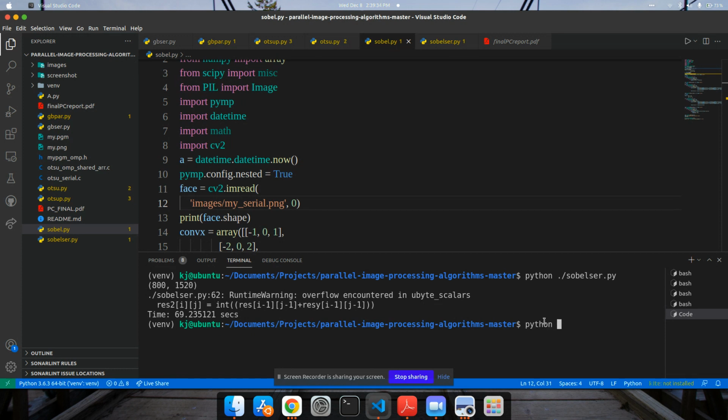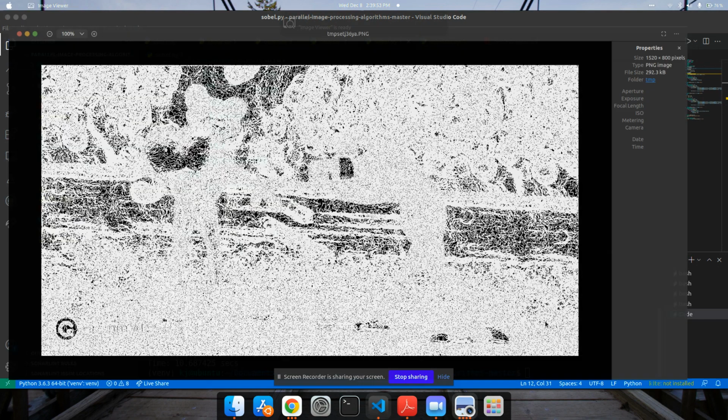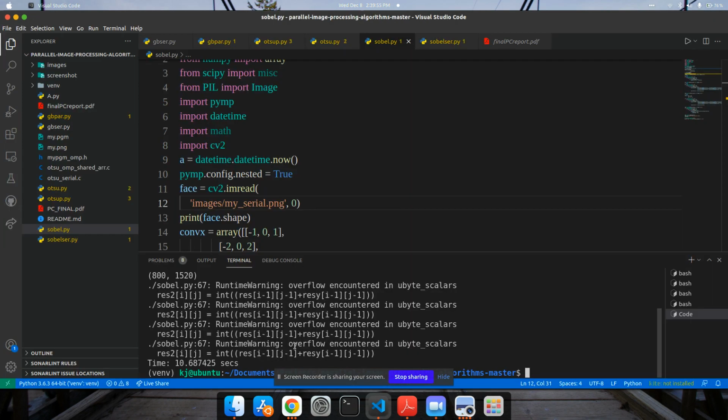Now I'm going to use the parallel implementation of the same algorithm. So well.py. It will not take more than 15 seconds. Yeah, I got a really low 10.67 seconds, which is seven times faster.